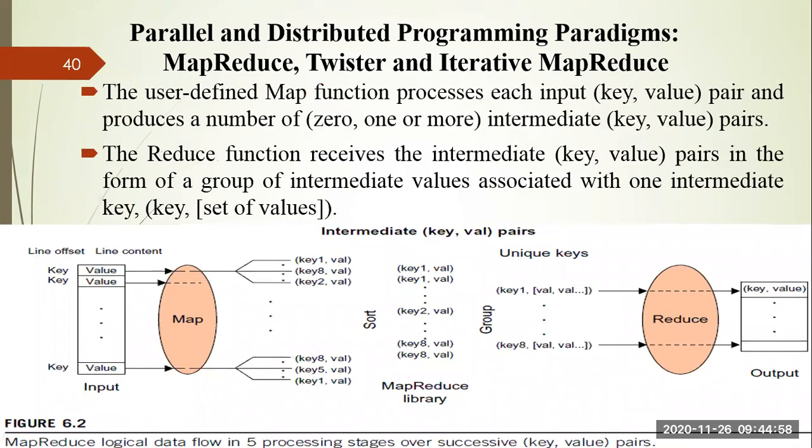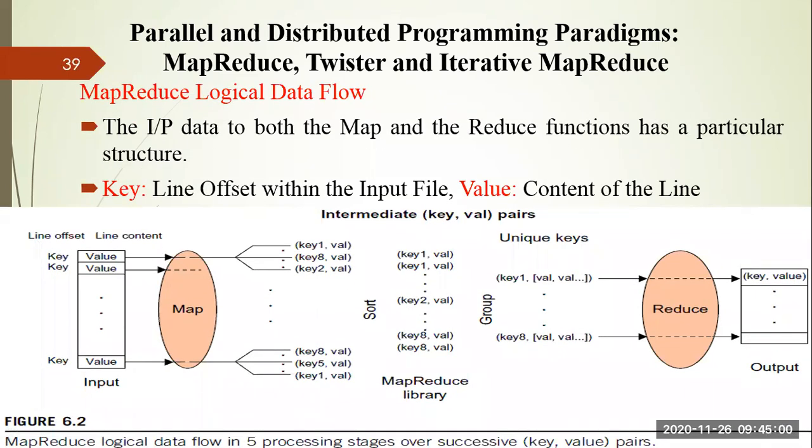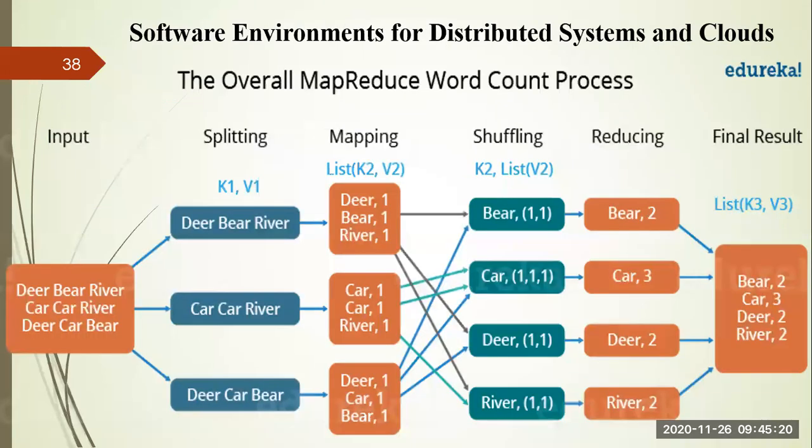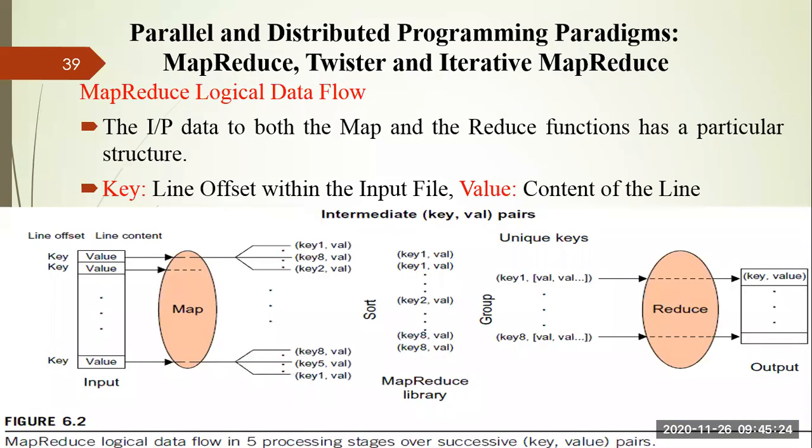Then it is applied to the map function. What is the map function doing? With respect to the key value, it is generating a list. In the first file, key 1, key 8, key 2 are there, and in the last file, key 8, key 5, key 1 are there. After that, you are sorting everything, which in the previous slide I mentioned as two functions we have taken: one is splitting and the other is shuffling. We are doing similar things here. We are sorting so that we can group together with respect to the keys.